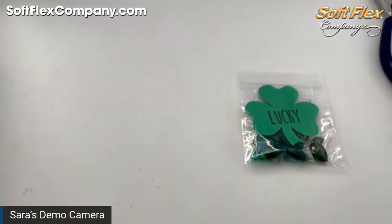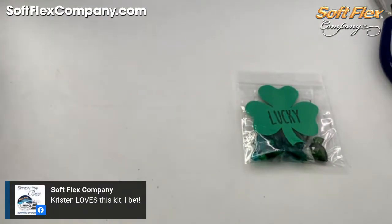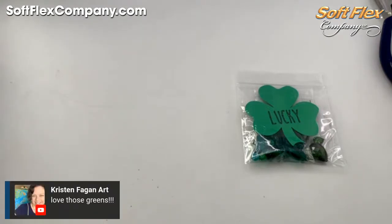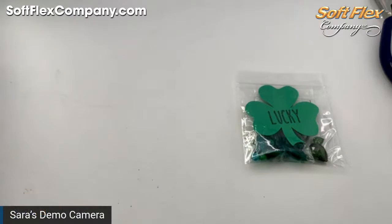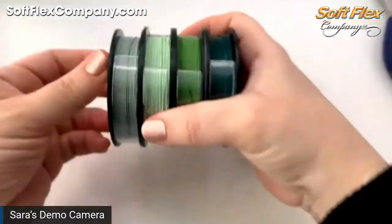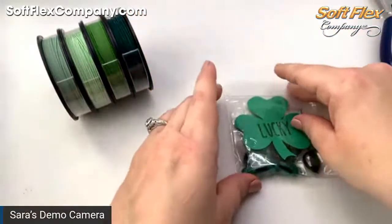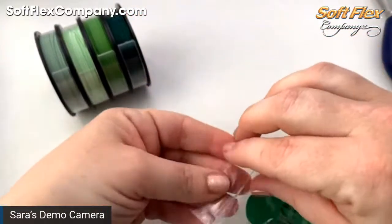I see that Damien, I think this is Damien, maybe it's Thomas, right? Kristen loves this kit, I bet, is what it says. Because we always tease Kristen about loving green, and look at that, there she is. Love those greens. Yeah, this is a great kit for you, Kristen. Green's not my big color. I don't use a lot of green, but when I saw these CZs